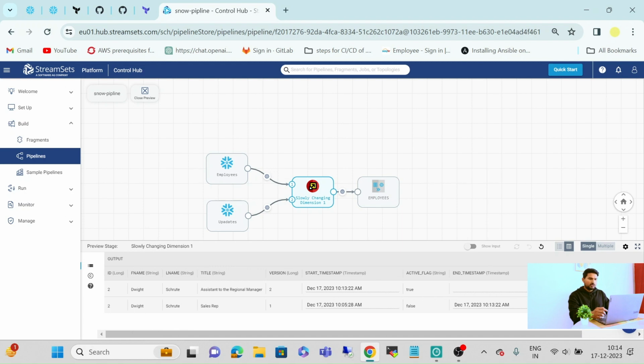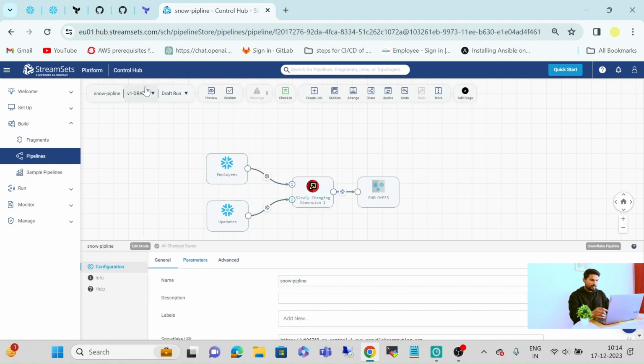Okay, so as our preview has been successfully generated, now we have to create one job for this data pipeline.